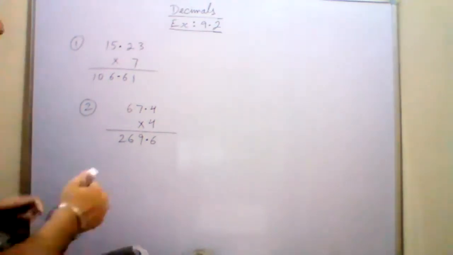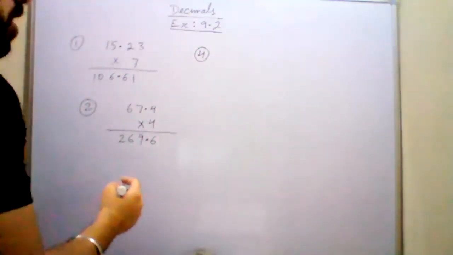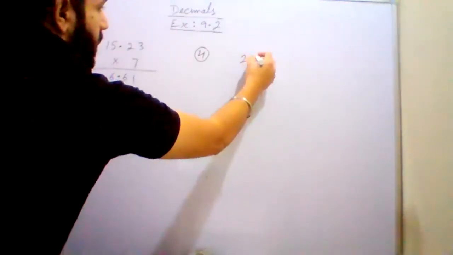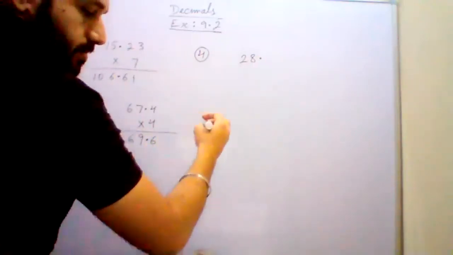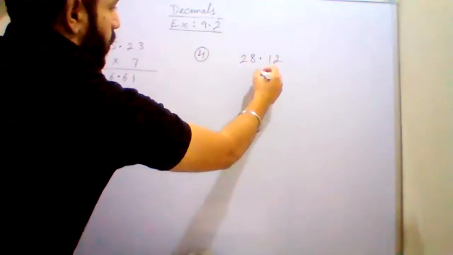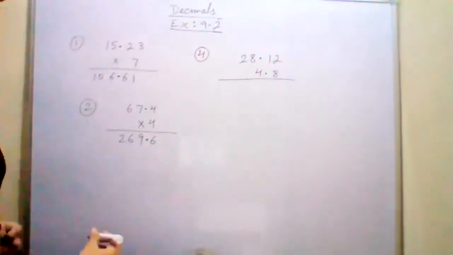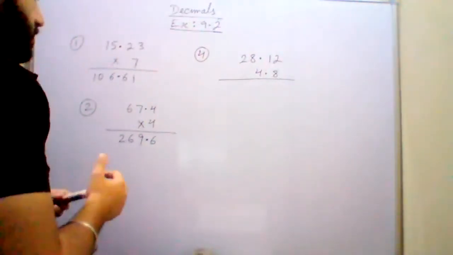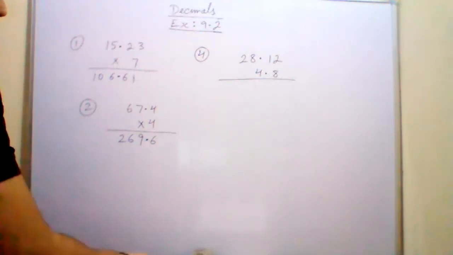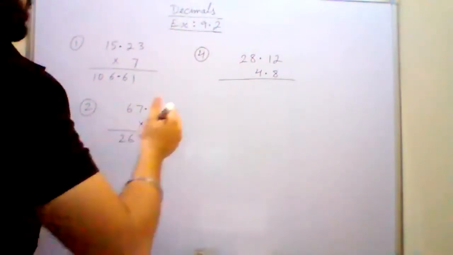So now the fourth one. Sir, now it is clear. Good. Thank you, sir. Now the fourth one: 28.12 multiplied by 4.8. Simple multiplication you will do first, then in the end there will be a little change that I will tell you. Just simply multiply the two numbers. You all know how to multiply.